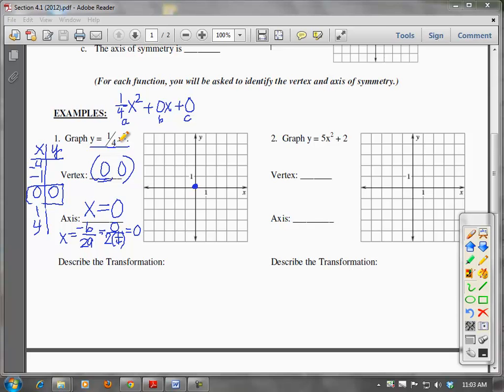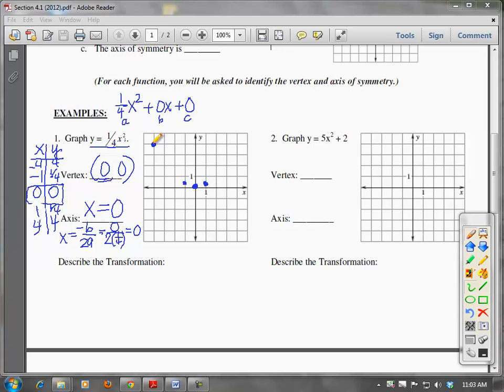1 squared is 1 times 1/4 is 1/4. 4 squared is 16. 16 times 1/4 is 4. Parabolas are symmetric on either side of the axis, which means that I'll have a y value of 1/4 at -1 and a y value of 4 when I'm at an x value of -4. So I'm going to plot these points: (1, 1/4), (-1, 1/4),